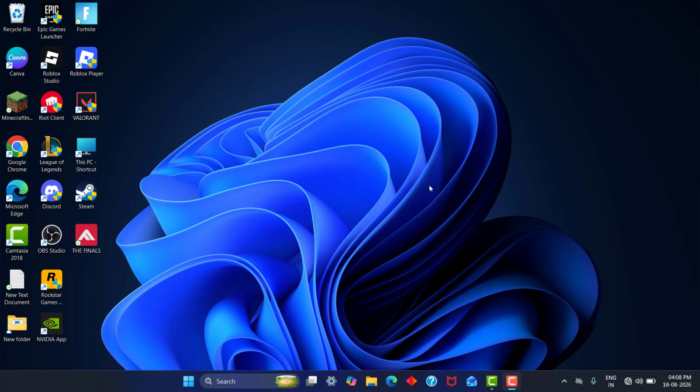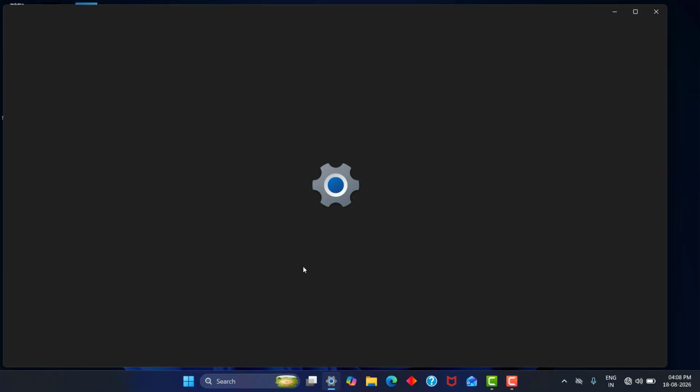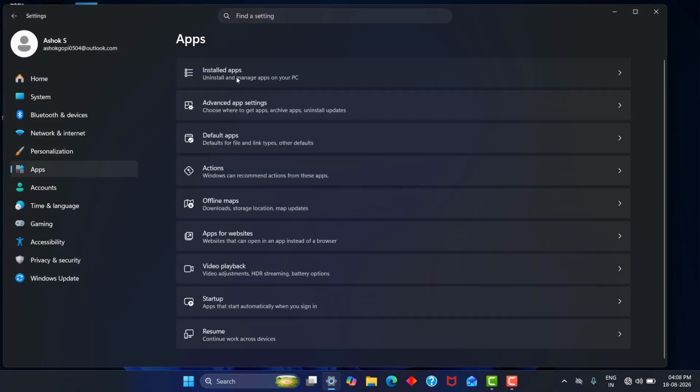How to fix Arc Raiders crashing, freezing and DX12 error? Arc Raiders would not launch fix. First step, search for settings, click app settings, click installed apps,